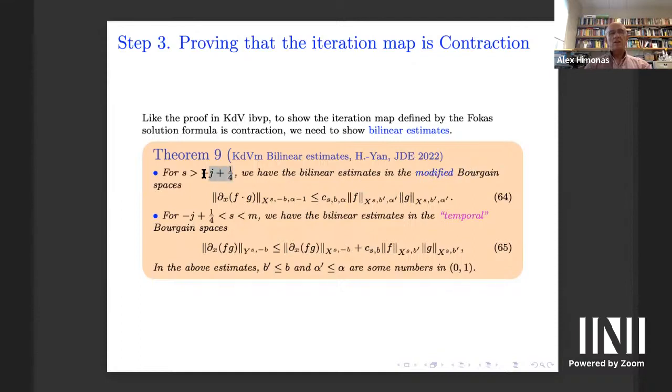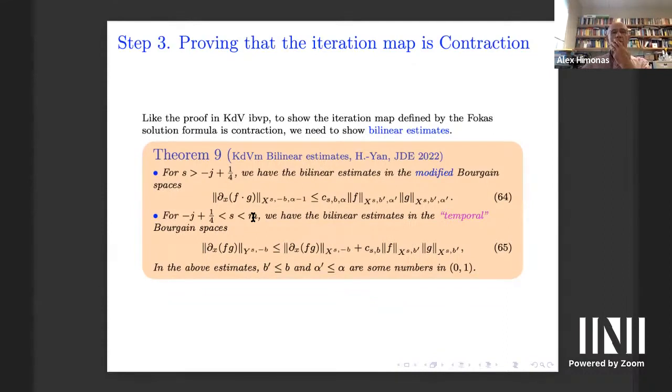And in fact, this estimate, we have written a paper with collaborators, and we did this first for the initial value problem. We have a paper, I think it's a 2020 paper, where we prove these estimates and the well-posedness of the initial value problem for the MKdV on the whole line. And here is the temporal again, and here B is not smaller than 3, smaller than M, and this is the corresponding linear estimate, which is the step,